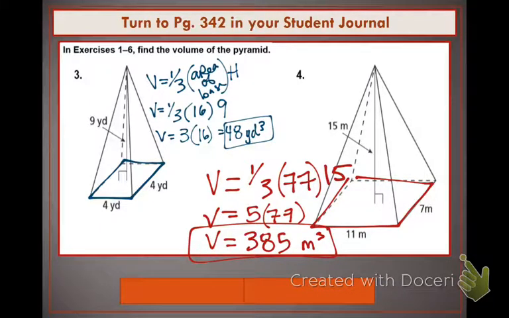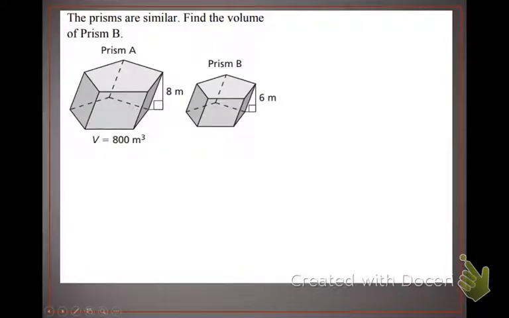If it has a triangular base, do you still do length times width? No. So what number on this page is a triangular base? 1. Is there another one? Nope, that's it, number 1. Because of the first two problems, one of them is triangular base and one of them is not. So make sure that you keep track of that. We have one more that we're going to do together, and it is similar